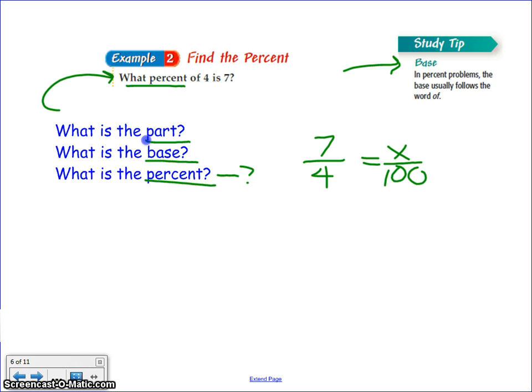Look at this little study tip here. It says in percent problems, the base usually follows the word of. So whenever you see the word of, that's your base. Just remember that little tip. Okay, now